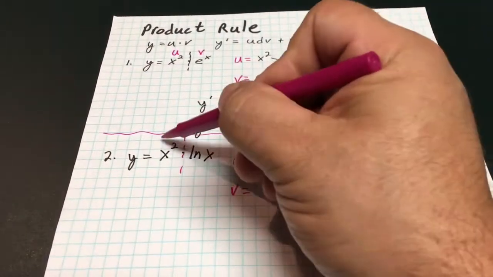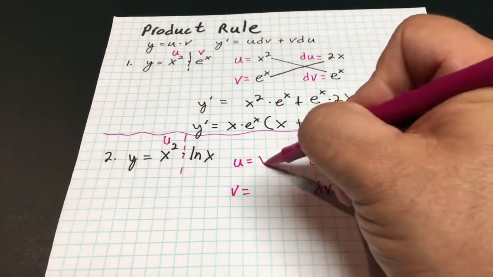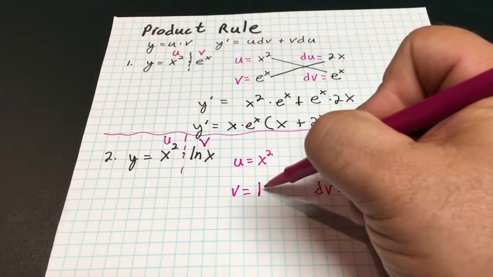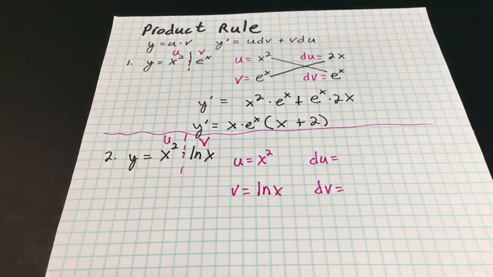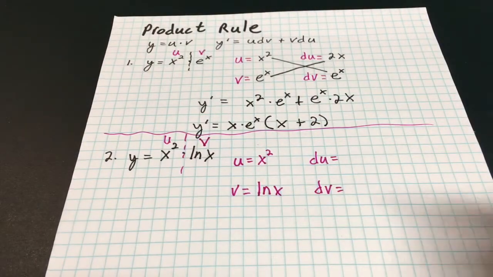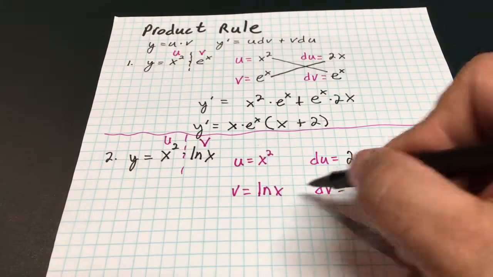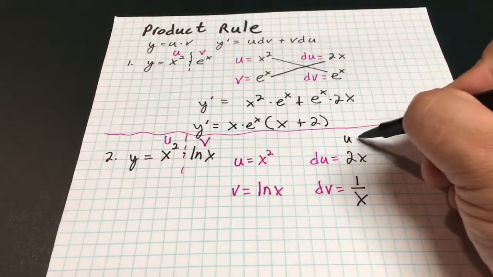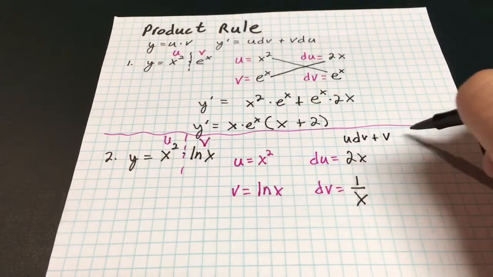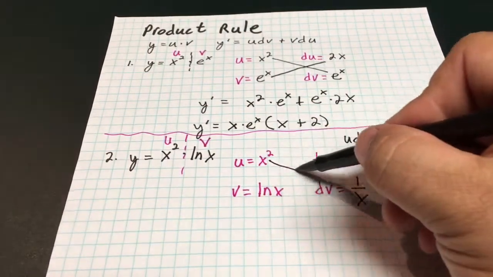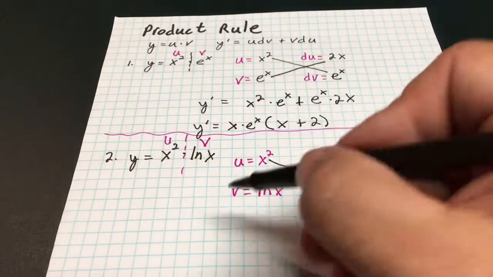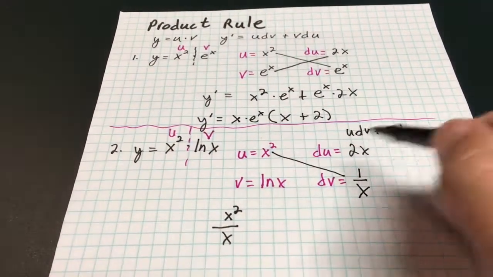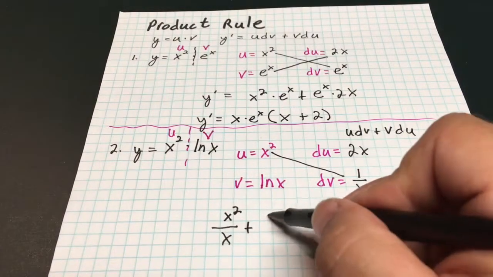I'm going to split it down the middle and let x squared equal u, so u equals x squared, and ln x equal v, so v equals ln x. The derivative of u is just going to give me 2x, and the derivative of ln x is 1 over x. Now I'm going to implement the product rule, which is u dv plus v du. So u dv, well that's kind of strange, x squared times 1 over x would give me x squared over x, plus v du, ln x